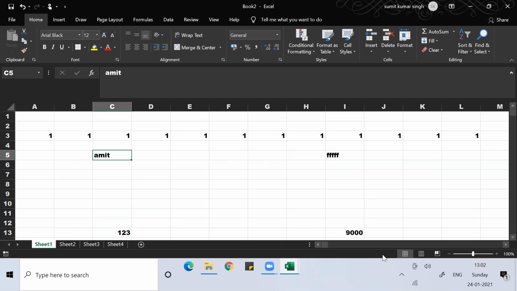You can see I'm using Control up arrow, right arrow, down arrow, left arrow. So what does the Control command basically do? The Control command navigates you from one end to the other end.